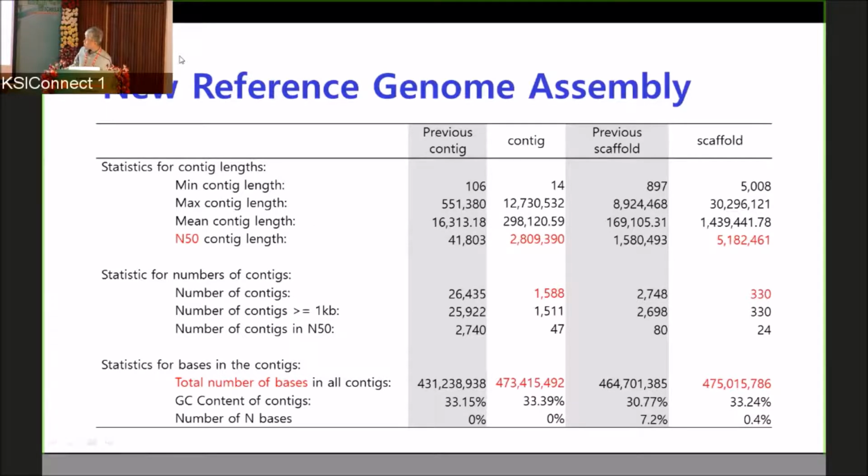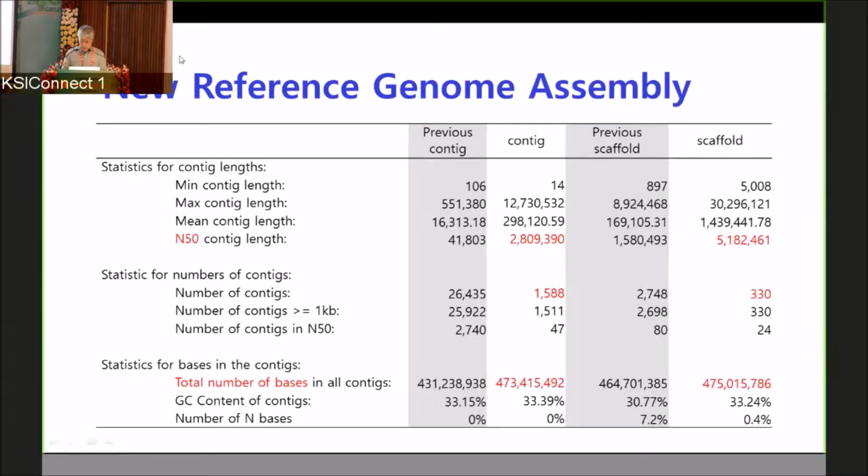And the previous assembly revealed that 431 megabase was recovered, but the long-read assembly and our newly built genetic map can improve this